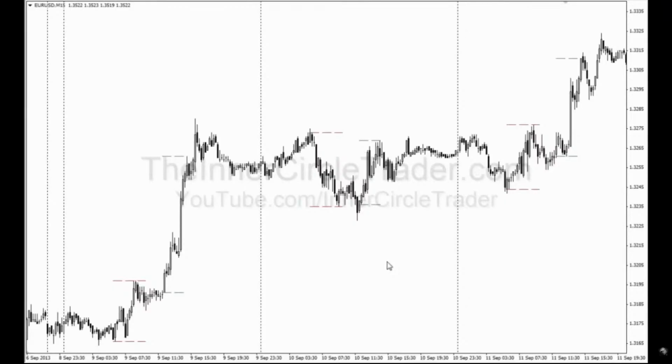There are highs and lows within these time windows. We have the low, we have a high, and in between, any swing high or low is useful. This one here, inside the New York session, we have a low here and we have a high here.